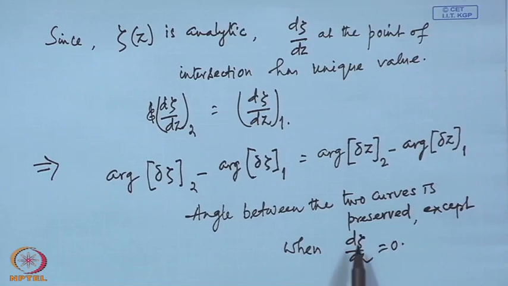at that point where d zeta dz is equal to 0, it does not mean that the function is not analytic. The function is still analytic, that is not a singular point. However, its derivative is 0. It may happen,